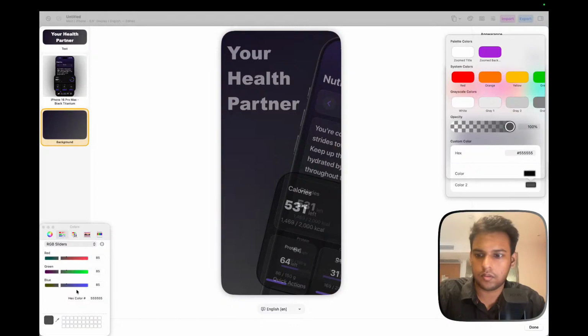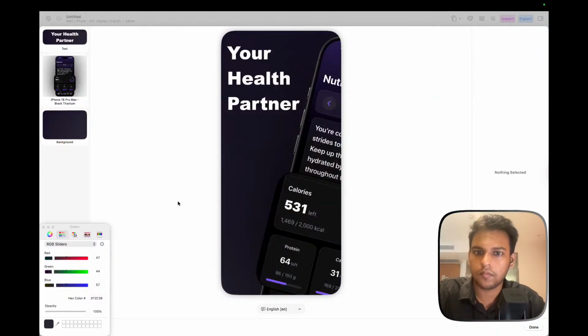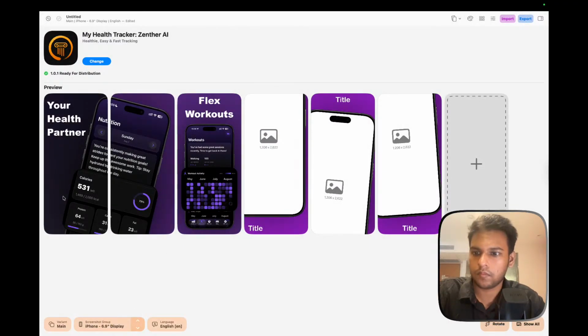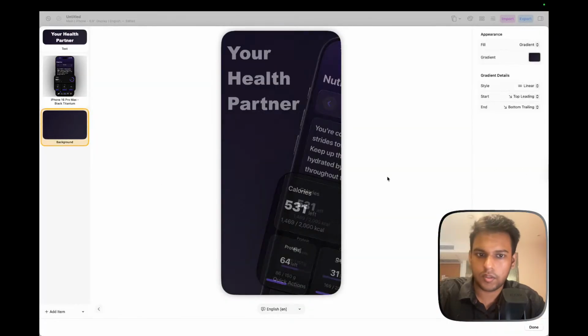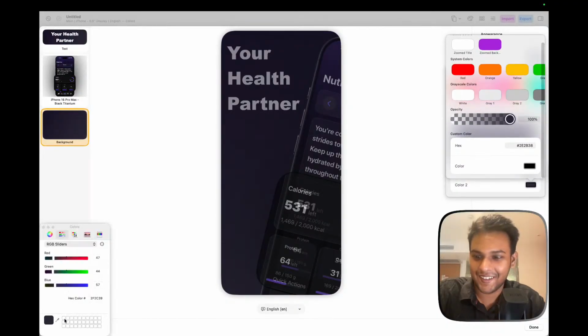For this, I would want the background. I really have to leave, but this is actually fun. Why is it taking this dark color?